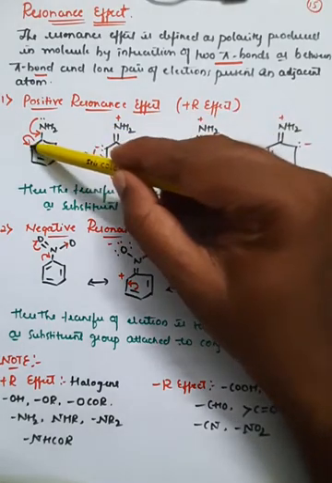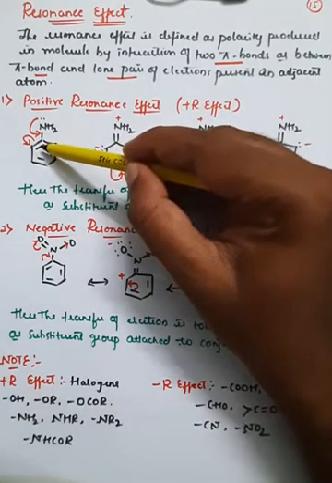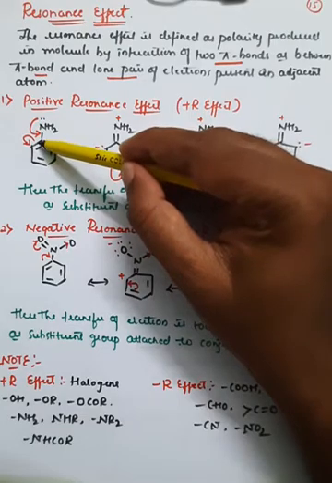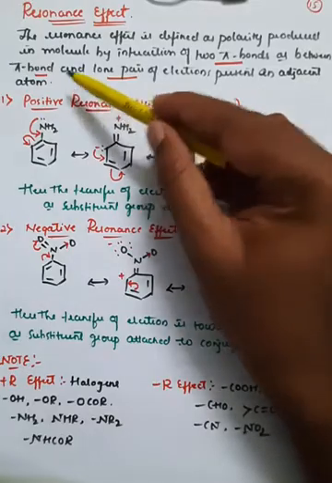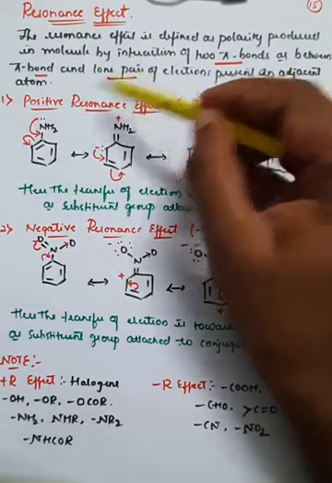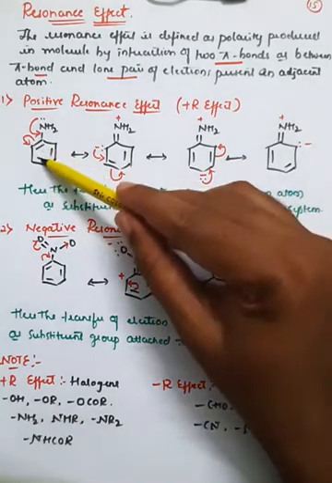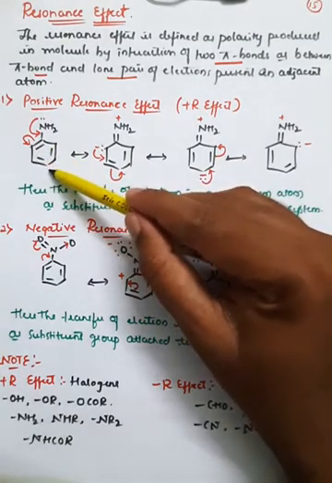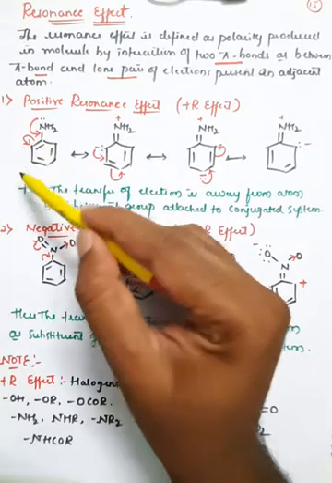Out of the two bonds in a double bond, one is the pi bond. This pi bond will be converted into a lone pair of electrons. The pi bond will interact as a lone pair of electrons on the other carbon atom, so this carbon atom will get the negative charge. Further, another double bond will shift onto another carbon atom. So it is a continuous process like this, or it is called a cyclic process.